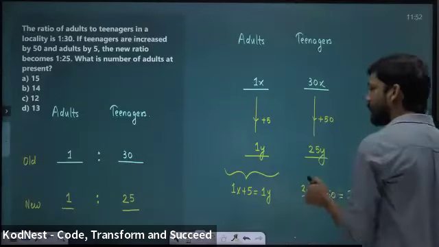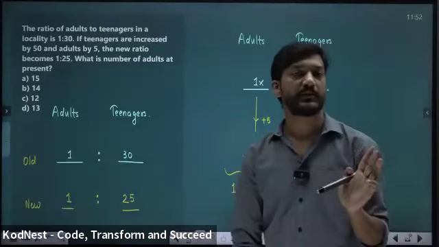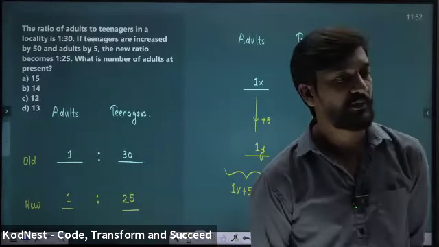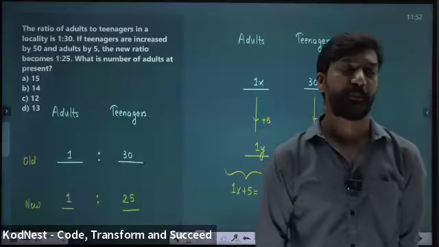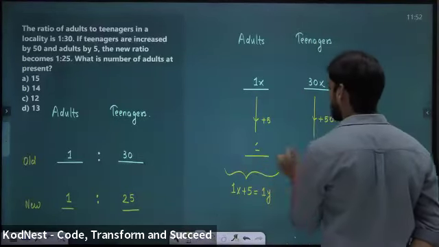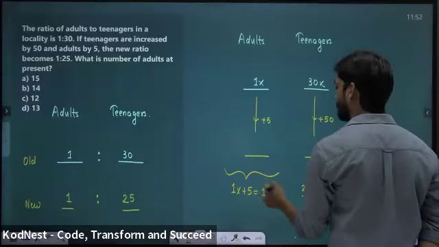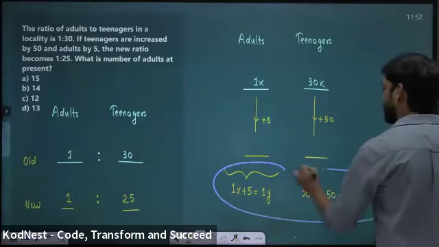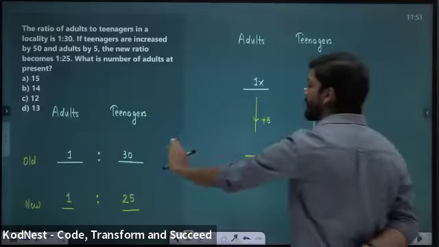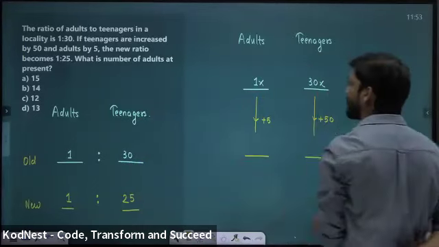How many variables do you want? 1 or 2? 0 is not possible. Without variable, you cannot solve. How many variables? 1 or 2? Okay, 1. All right, carefully answer. I will see the second ratio later.